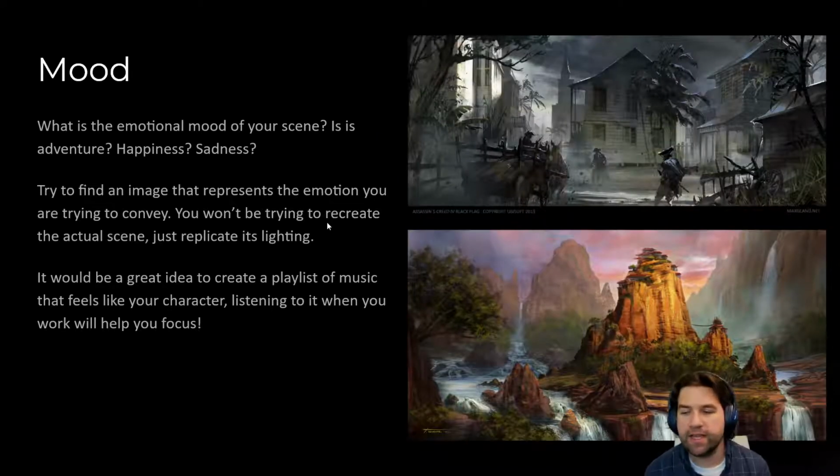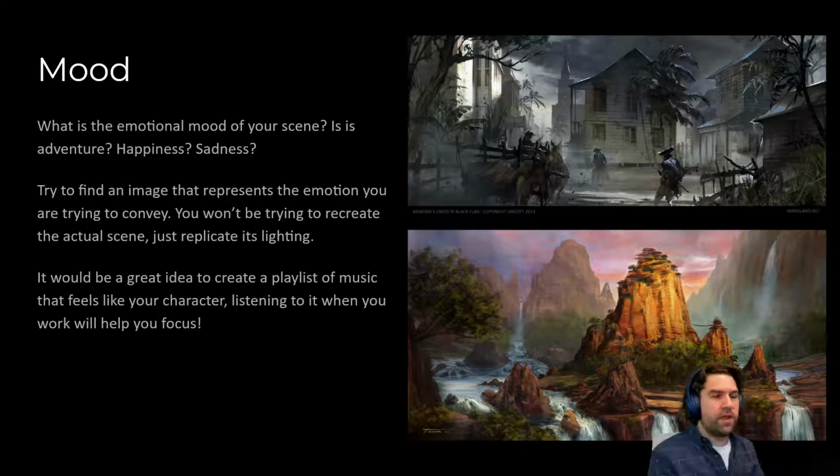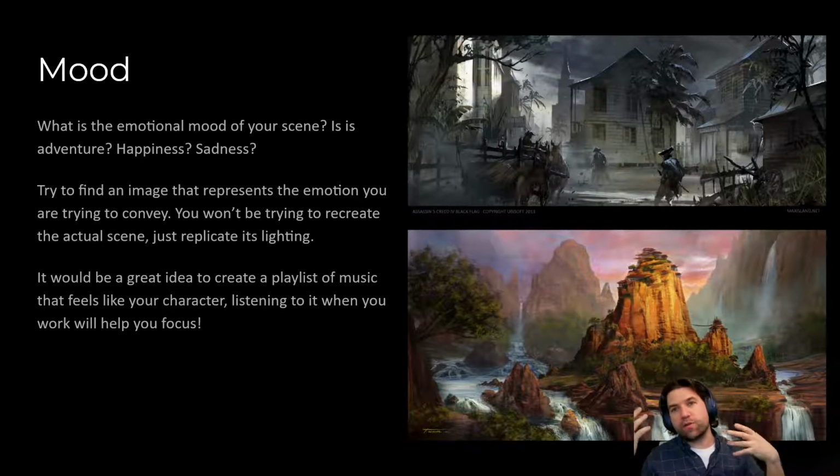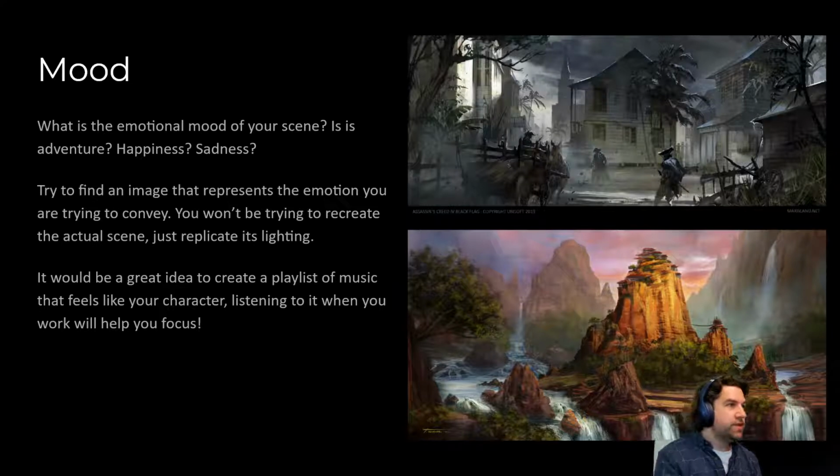You also want to get, sometimes this is called lighting reference, sometimes it's called mood reference. I like to find paintings that I feel evoke the attitude I'm looking for. Could be the attitude of the character or the scene or the stage the character is in. This is going to help inspire how we're going to actually light our character and what the style of the scene should be. So think a little bit about what's the mood, what's the attitude.